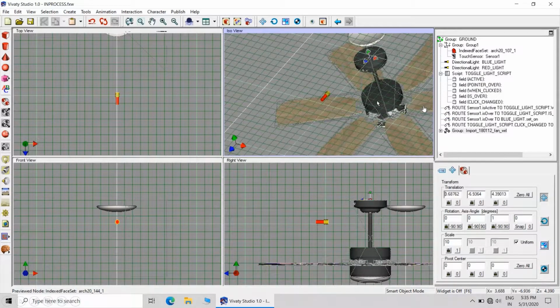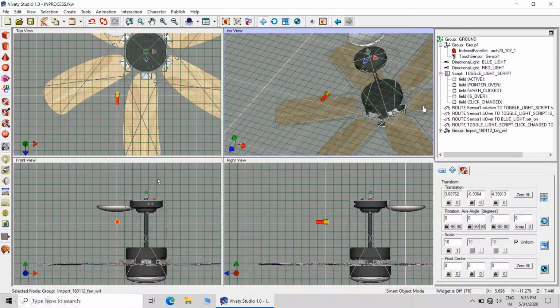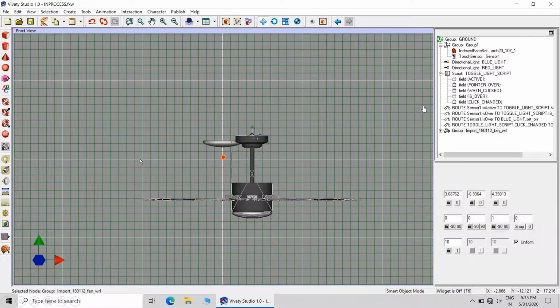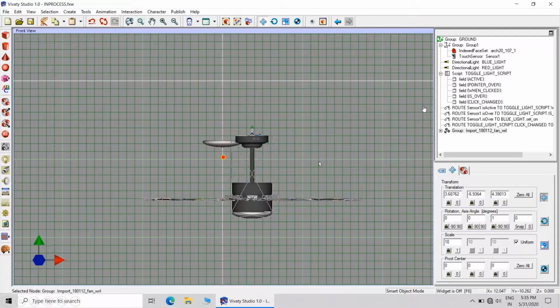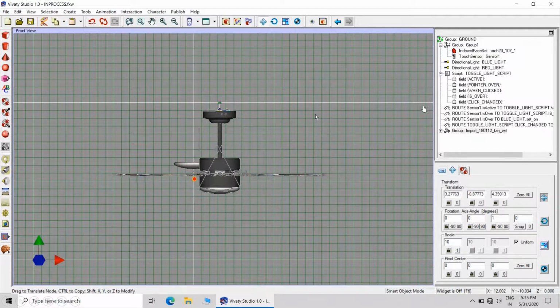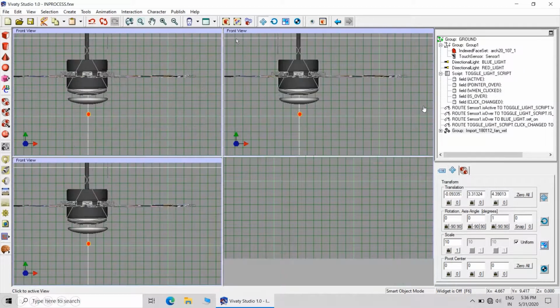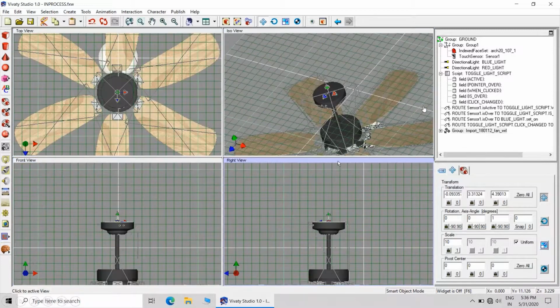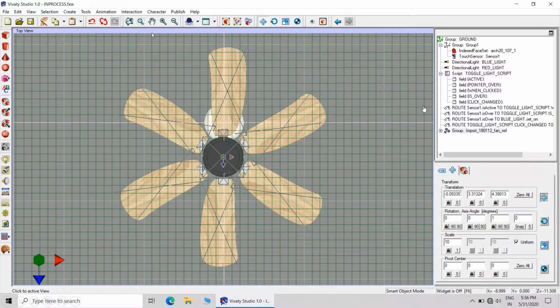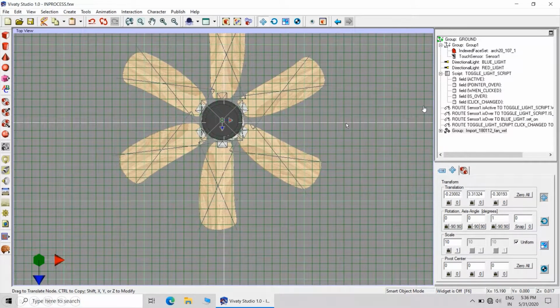Then in different views you can see whether the position is proper or not. These are the different views. We have to check with some other views, like say top view. In the top view there is a mismatch, so we will clear that mismatch.